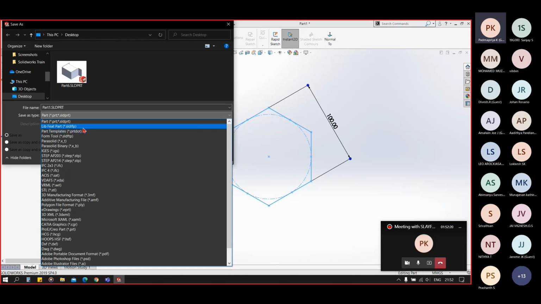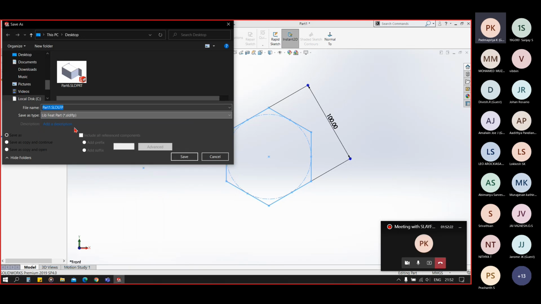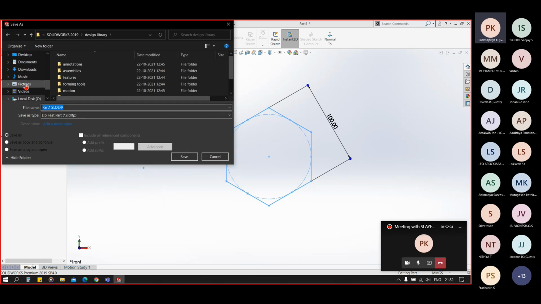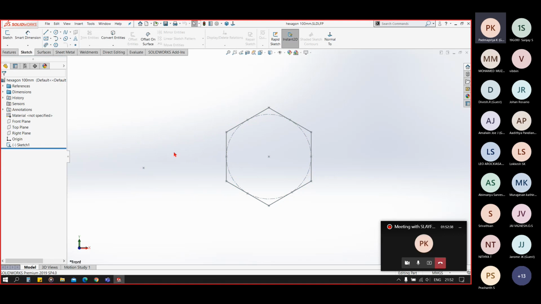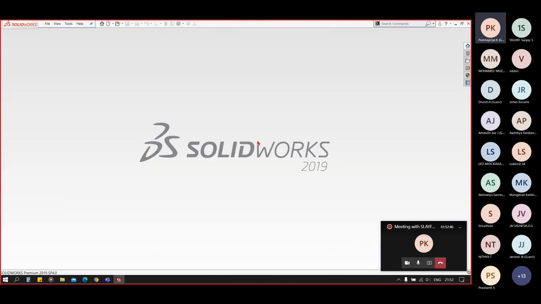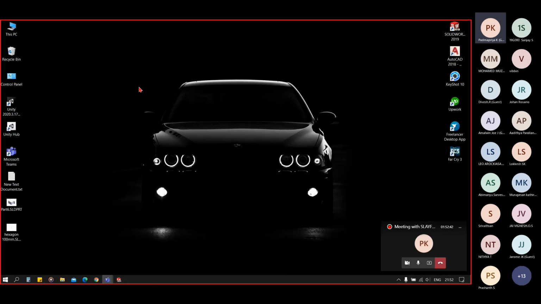So save that library feature part on your desktop. Give that a name. Let's say hexagon 100 mm. Okay, so save there. Now you can close this part.